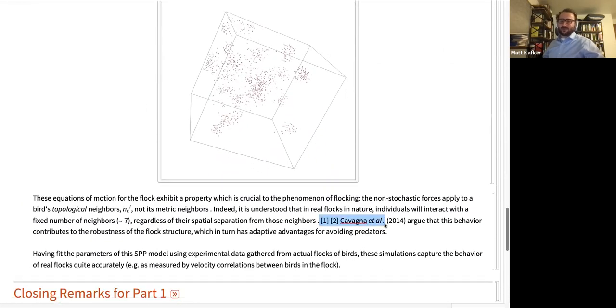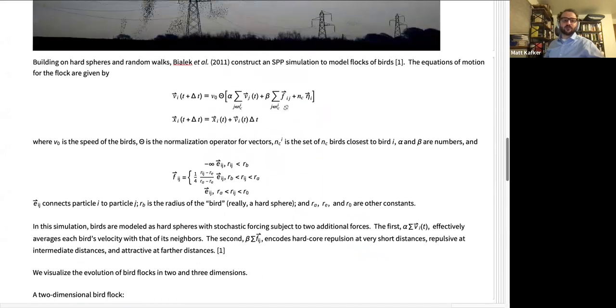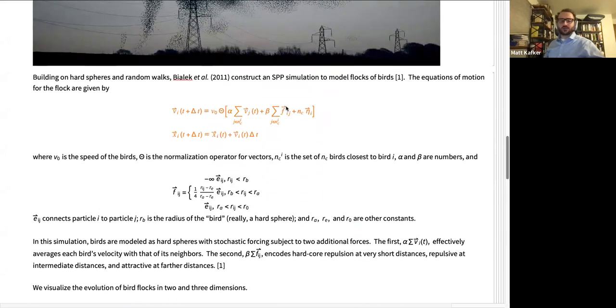Yeah, so I have 2 papers at the bottom of this document that are related to bird flocks as condensed matter. This Cavagna et al. paper, a lot of the physicists doing this are out of Rome, is a good article. It's entitled Bird Flocks as Condensed Matter, and they describe the experimental setups. You set up cameras at multiple orientations, and you can reconstruct the three-dimensional point cloud of these birds' positions over time. They also talk about all the fancy QFT models and the self-propelled particle stuff. And then the other article, the BioLec article, is where I got this particular simulation from, which is also a good read for other reasons.